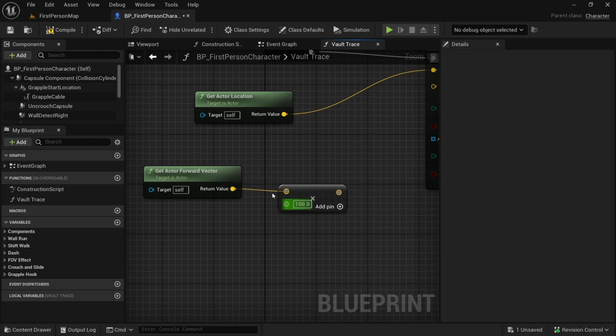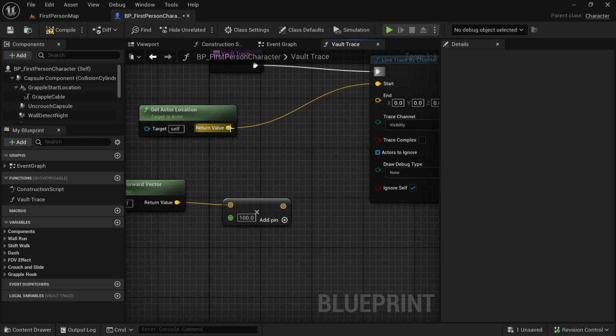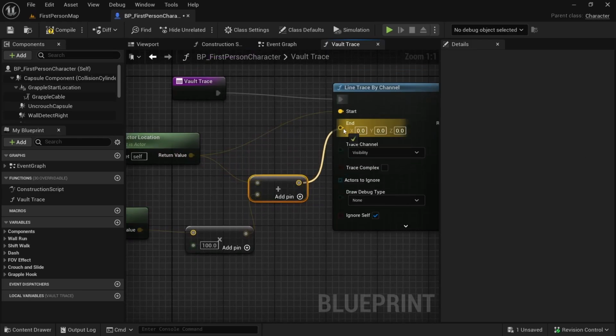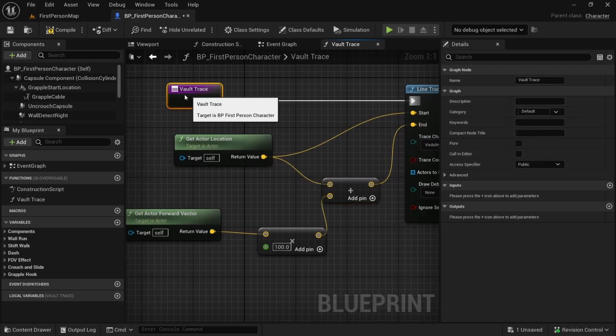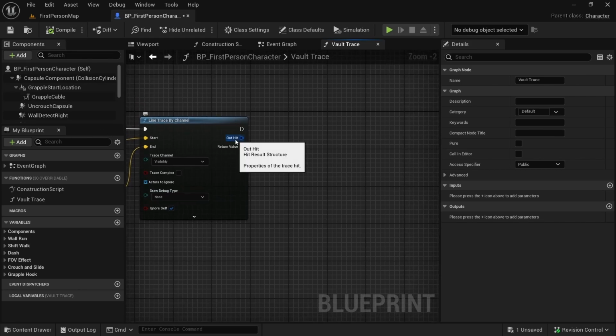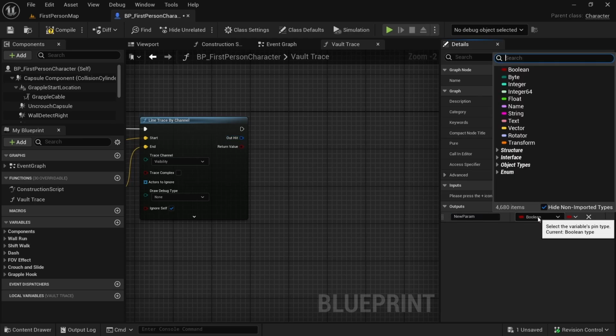So this is how long I want the line to be. Now we need to add it, and the result will be the endpoint for the line trace. Now let's compile, and we want to add some outputs. So we want the out hit and return value to be an output. For that, let's add a hit result struct. So here we can see the type is hit result structure. So change the type to hit result structure,